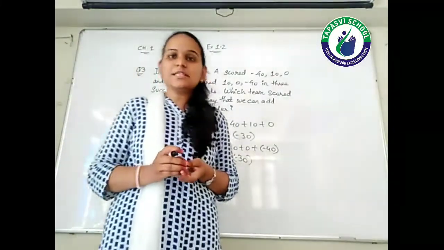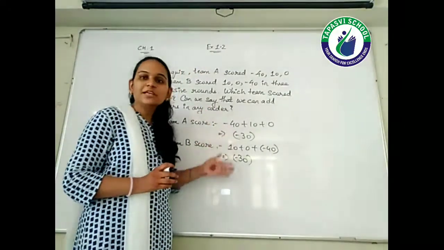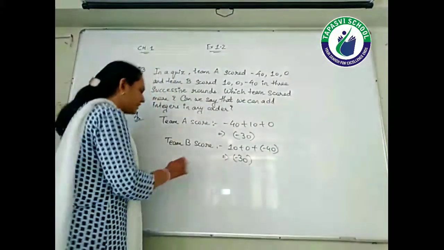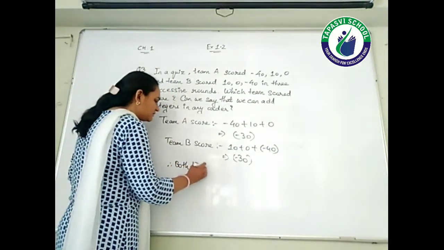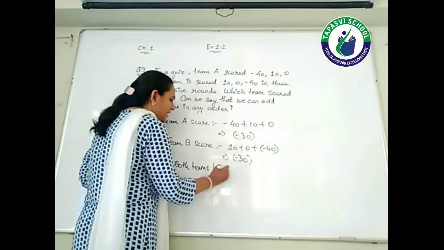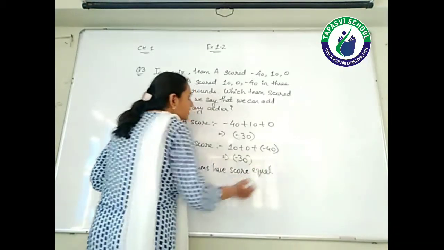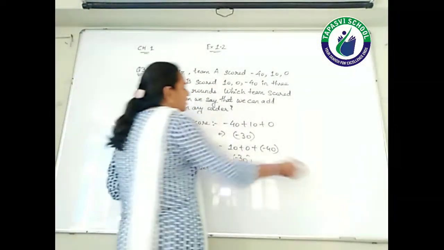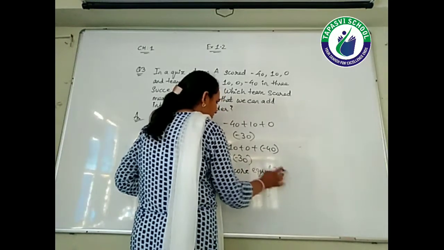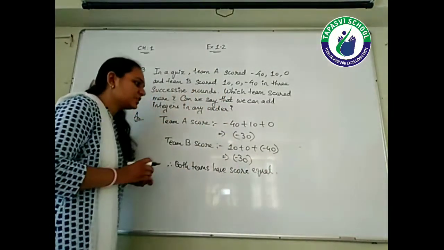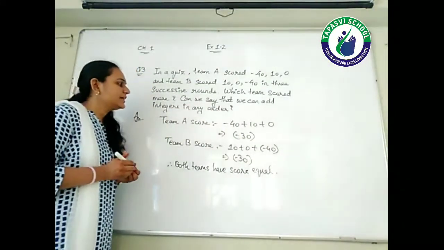Now the question is which team has scored more. So we can say that both the teams have scored equal score. So we can write here, therefore, both teams have scored equal. And then we have to answer one more question, that is, can we say